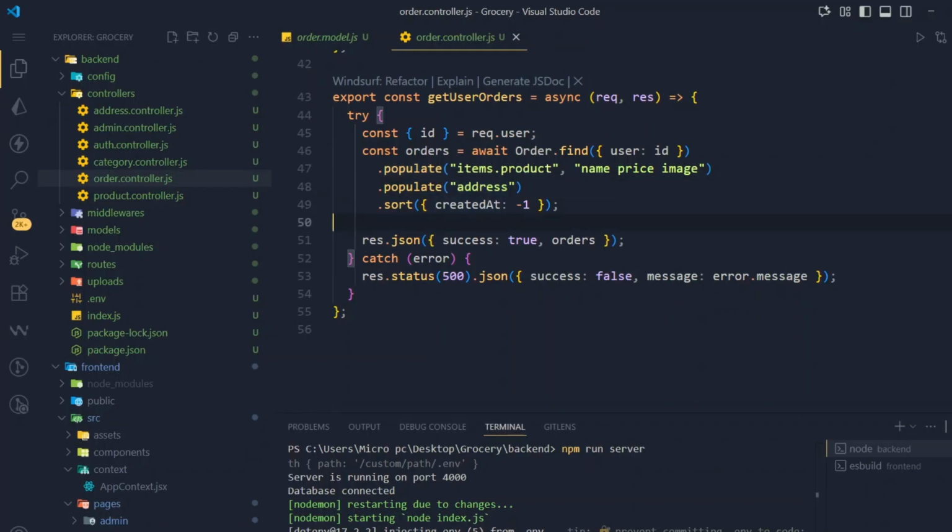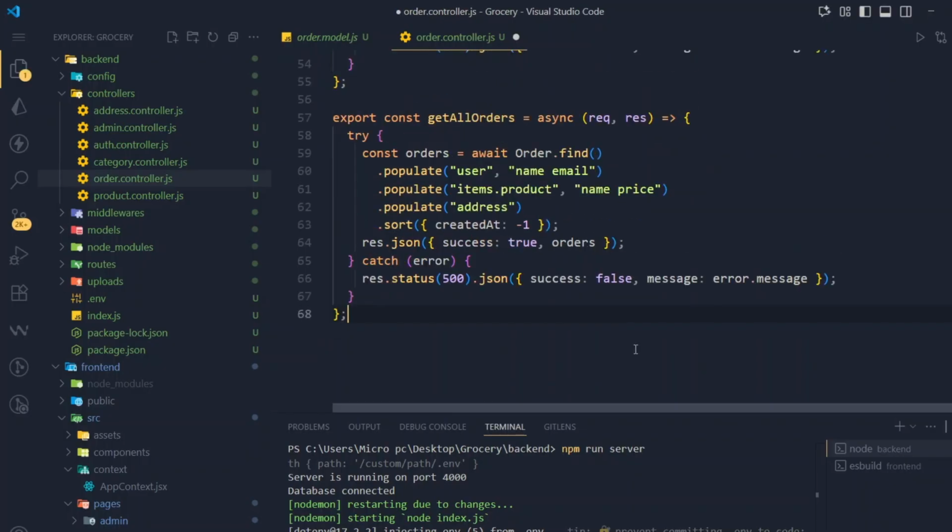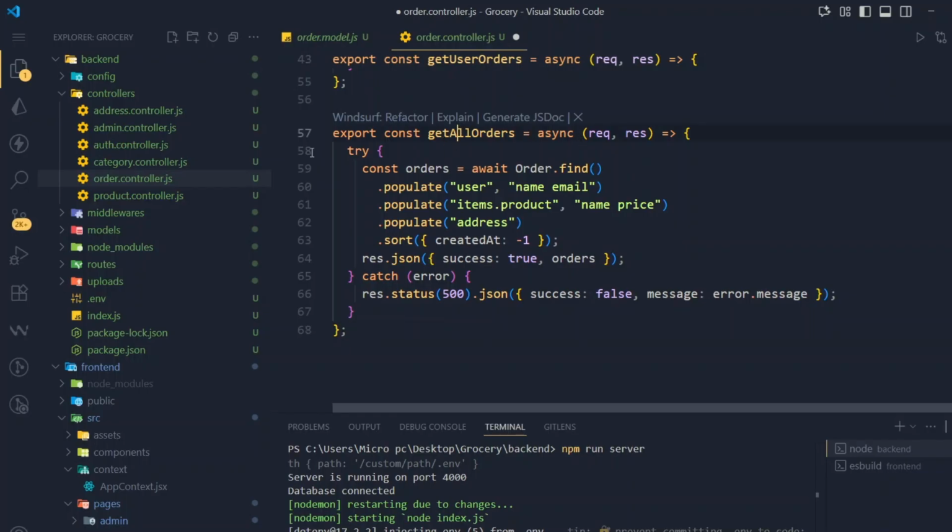Okay, this is done. Then we have getAllOrders. It will be shown to admin. Here you can see we have getAllOrders, const orders is equal to await Order.find. Then we have populate user, populate items.product, and populate address. Okay, this is super easy. I hope you have got this point, and let me just